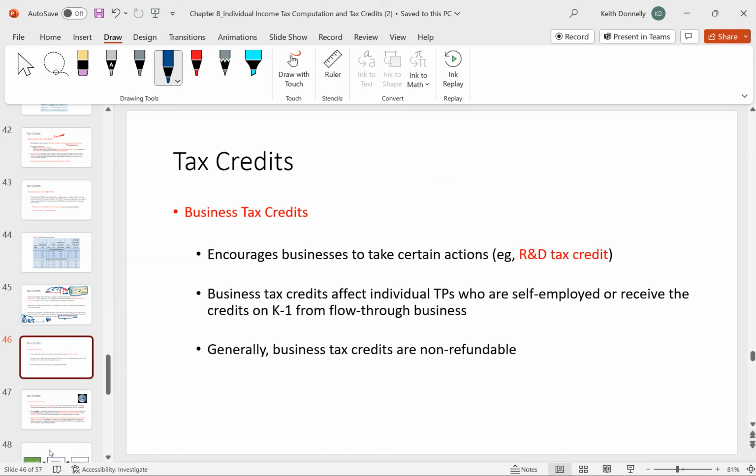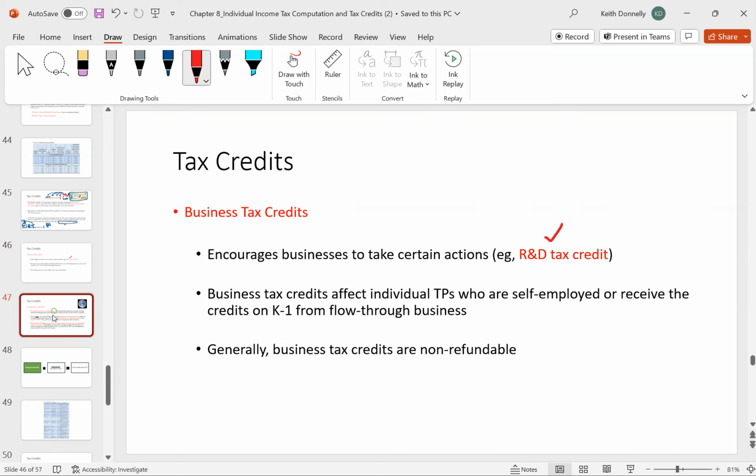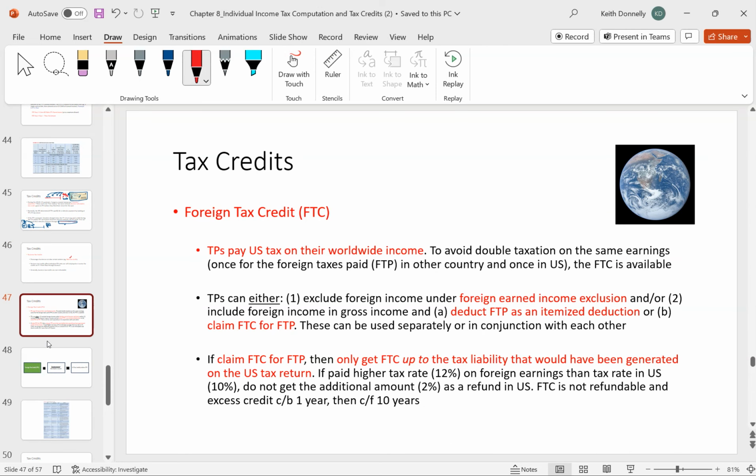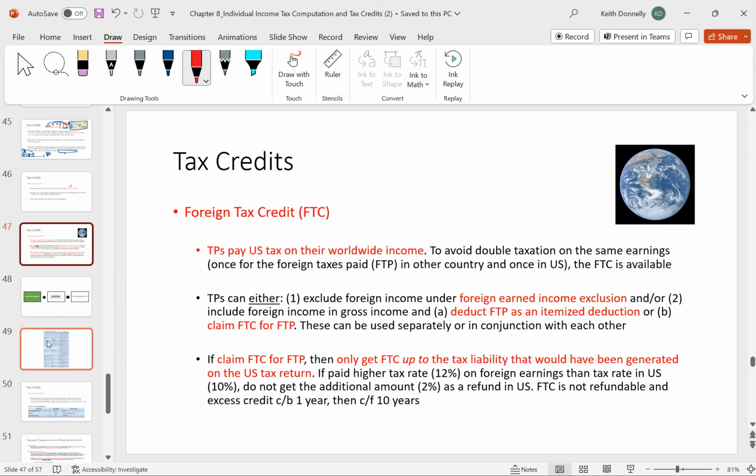Now you can look at this, right? Businesses get credits, right? These are big deals. This R&D credit, it's a lot of times how big multinational corporations don't pay tax, because there's a lot of incentivized credit for them. And then sort of a final credit here is the foreign tax credit. So the setup with this,